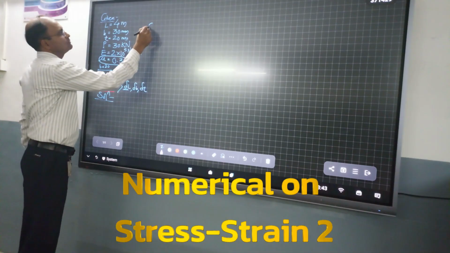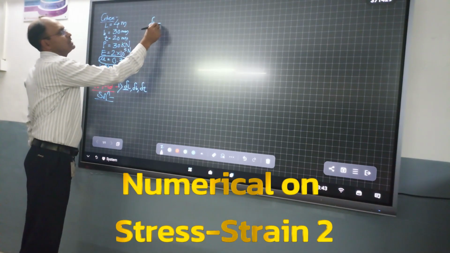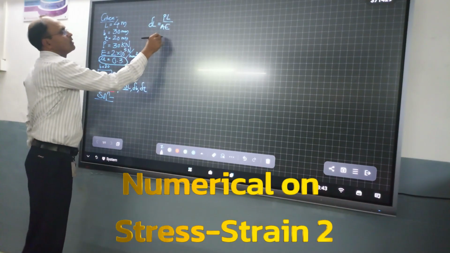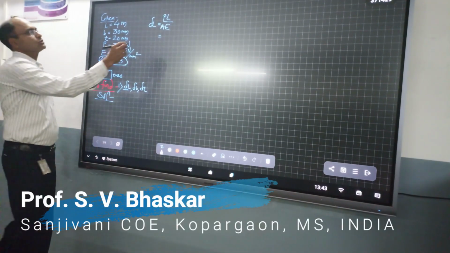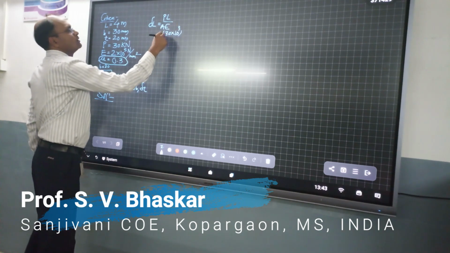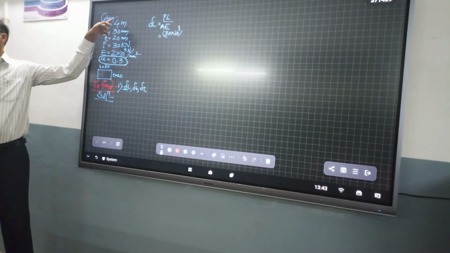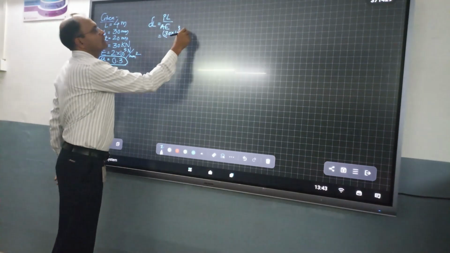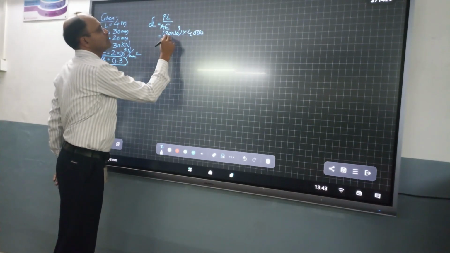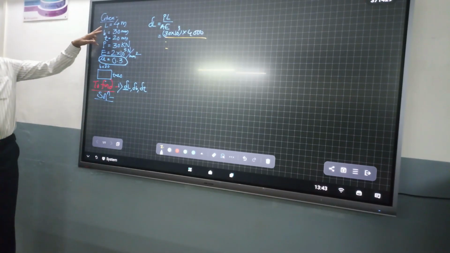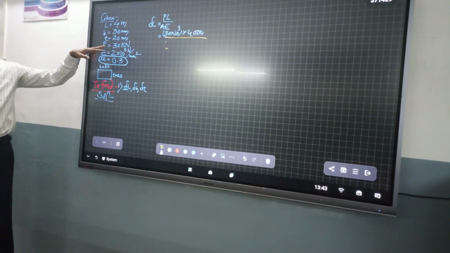By using these given values, we can easily calculate delta L is equal to PL upon E. P we have to put in Newton, so 30 into 10 raised to 3. Length is given in meter, it should be converted into millimeters, so 4000. Area